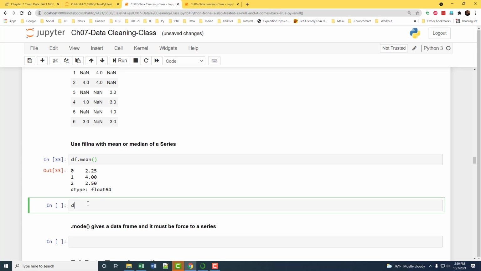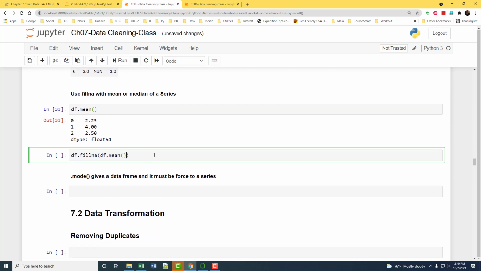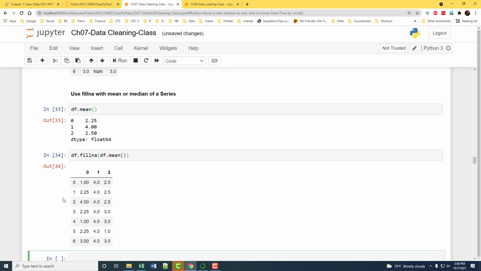Then we can use df fillna. That's going to fill the missing values with the mean of the column.